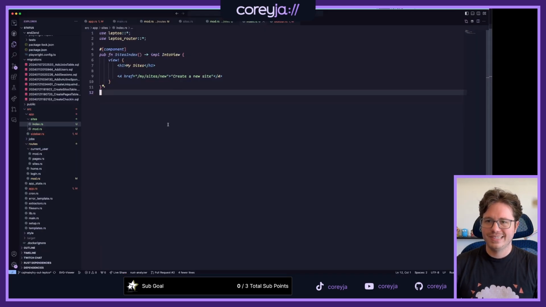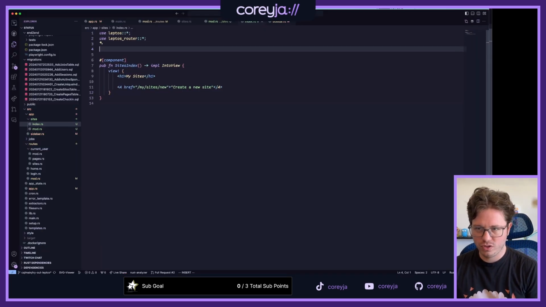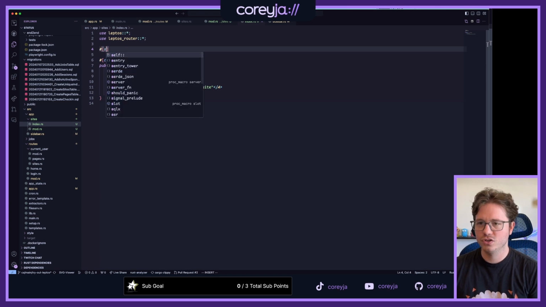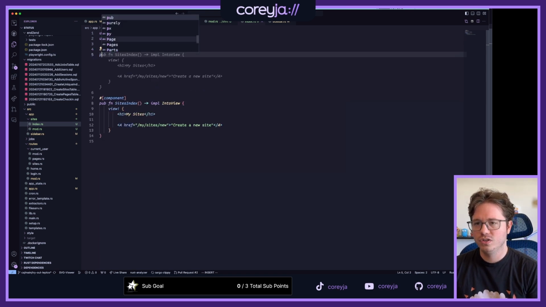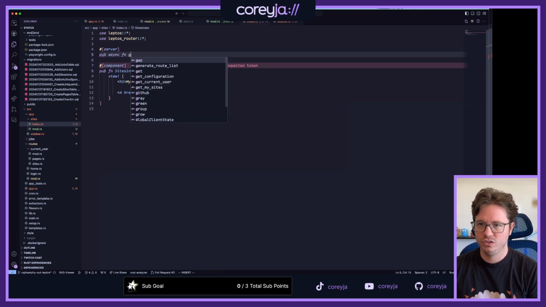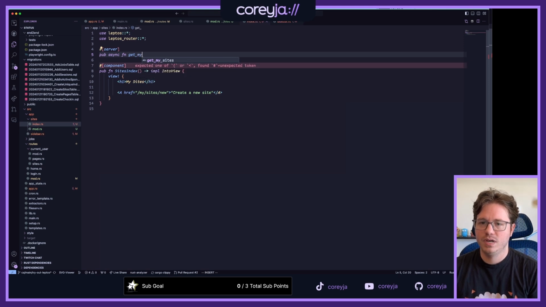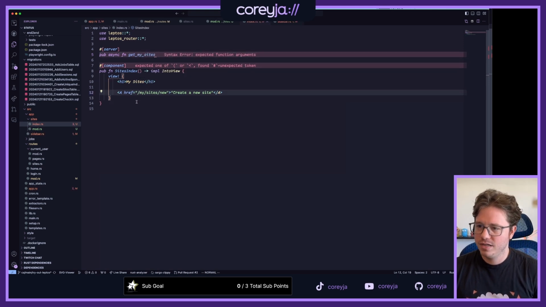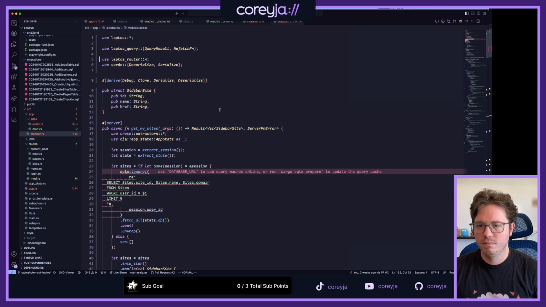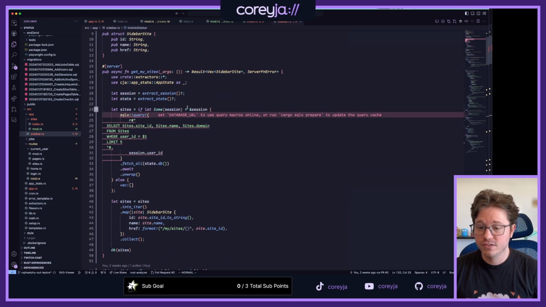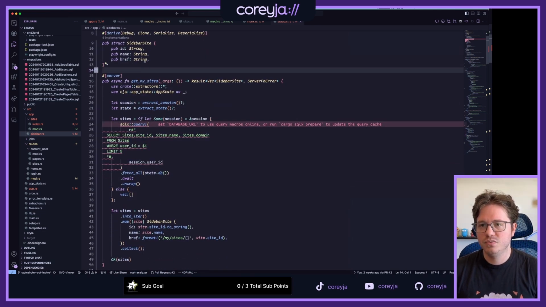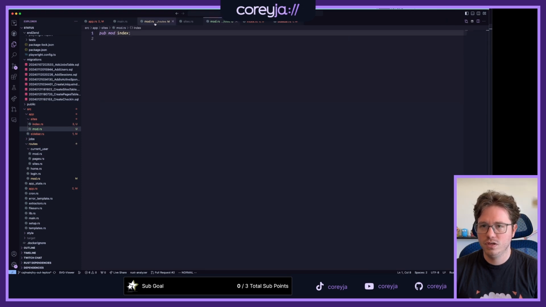Okay, so let's actually load the sites. We have a server function here, a public async function called get my sites. Wait, do I already have a get my sites for the sidebar? Yeah, but this one gives me sidebar sites. What do I need for these ones?